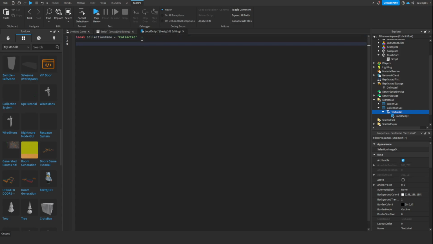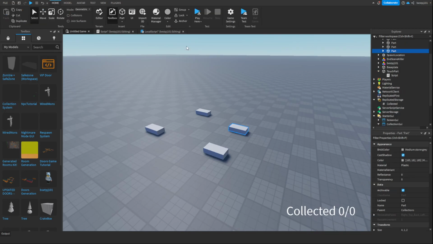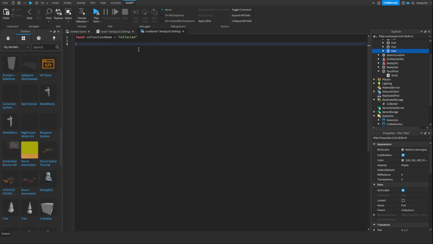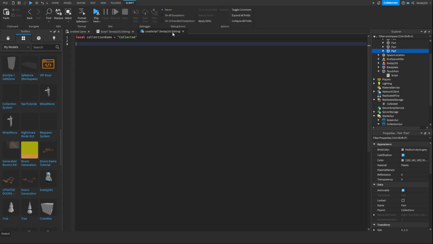Now, next thing you do is, whatever it says, 0 out of 0 is going to have 0 out of however many parts you put in the thing. So we're going to type it out here. Whenever you add or take away anything, it's going to change along with that instead of going manually and changing the number. So what we're going to put here is script.Parent.Text equals game.ReplicatedStorage.collected.Value